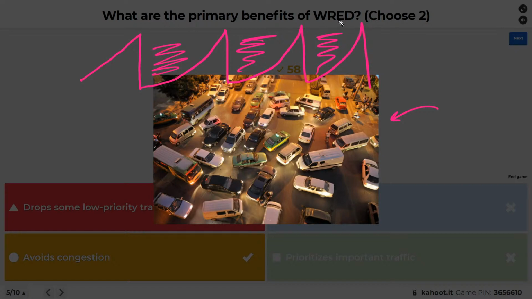So with weighted random early detection, what we can do is identify, let's go ahead and pick some cars as an example. Let's pick any vehicle that's not a van or a transport, just a small compact car. So if we took those small compact cars, like this one, this one, this one, you get the idea. And there's a motorcycle. Is that a motorcycle? Wow. What is that there? I don't know what that is. But if we took all those and said, hey, you're not as important as the other traffic, so we are going to just remove you from this scenario. Oh, that's one too. That's one too.